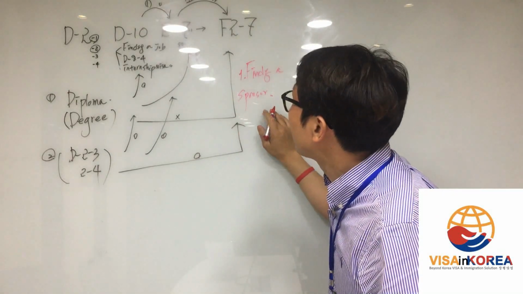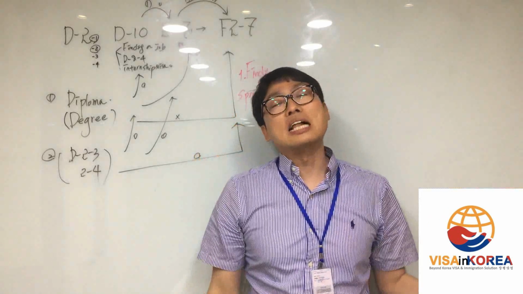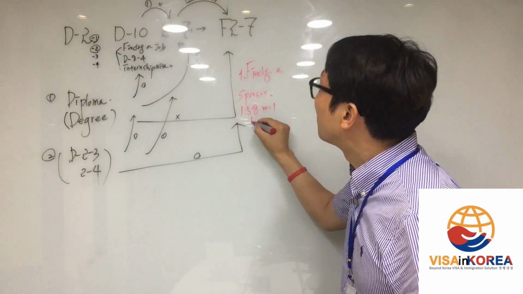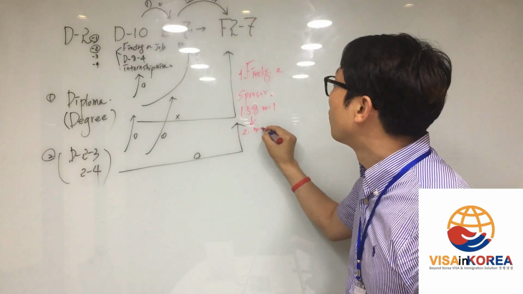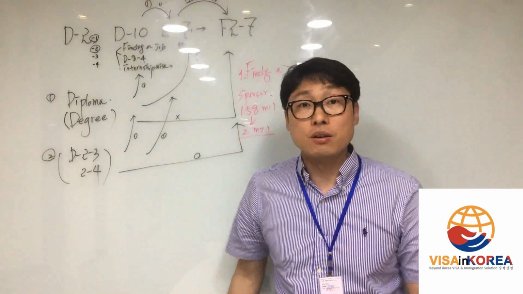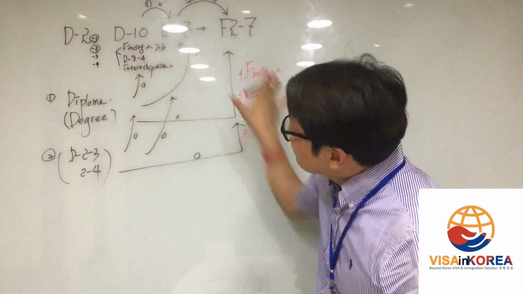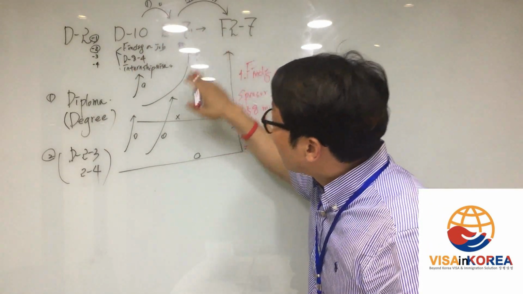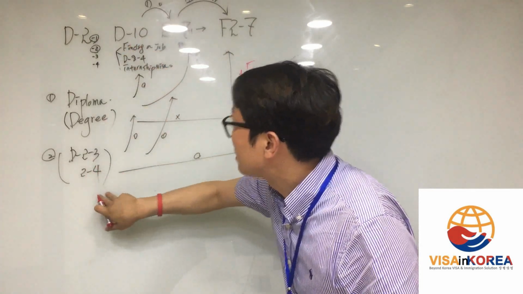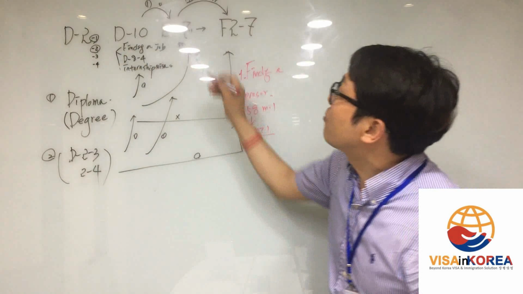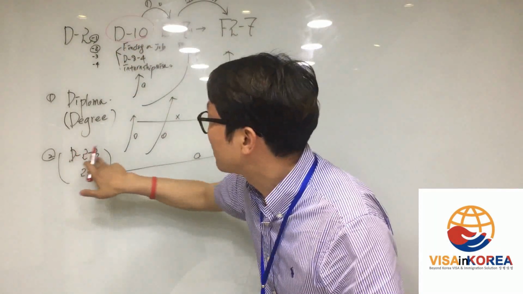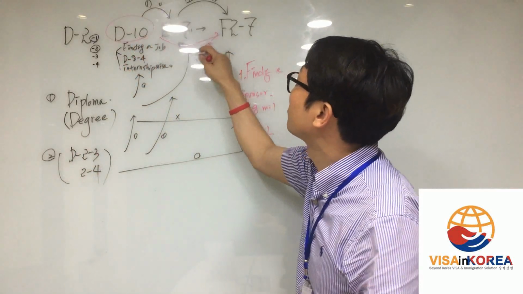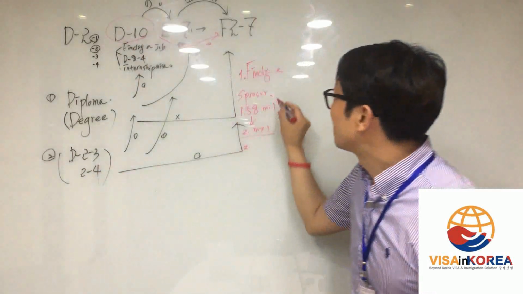Find a sponsor company, and your monthly salary shall be over 1.58 million won. But my recommendation is 2 million won monthly. You got it, right? Everything is simple. And the second one, when you change to after 7 from D10 or D23, D24, and E71. If I have a D10, can I change from the D23, D24 to D10? Yeah, that's no problem.